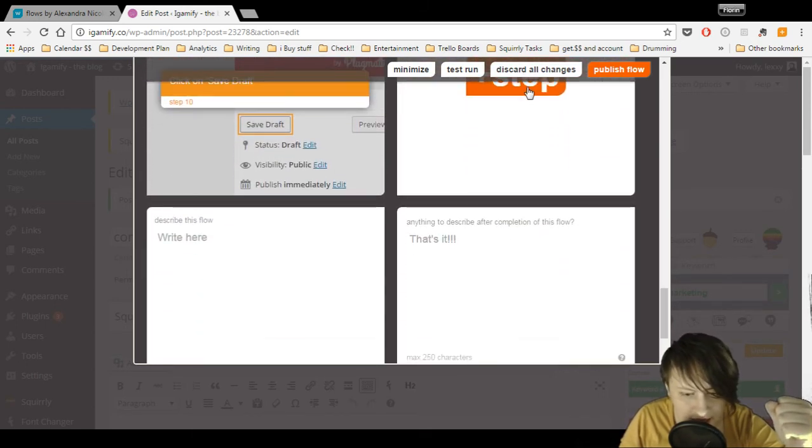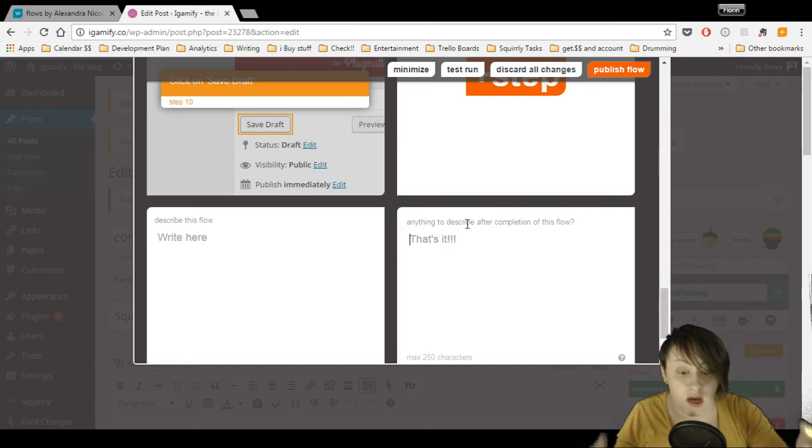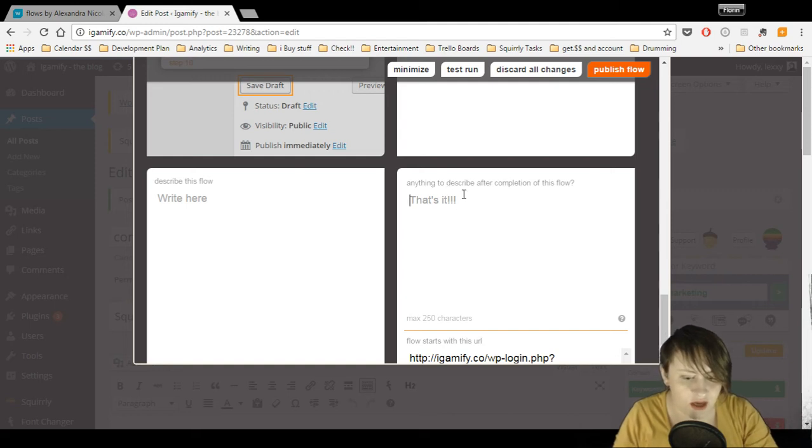Yeah, and you can always add a new step here. You can describe the flow in more words here if you want to present it to someone, or you're creating multiple flows for your entire company for different content marketing tools you're using. That's a really good way of describing them and keeping track of what you actually already created. Okay, and here basically is the message that people are going to see after it's finished, and it's